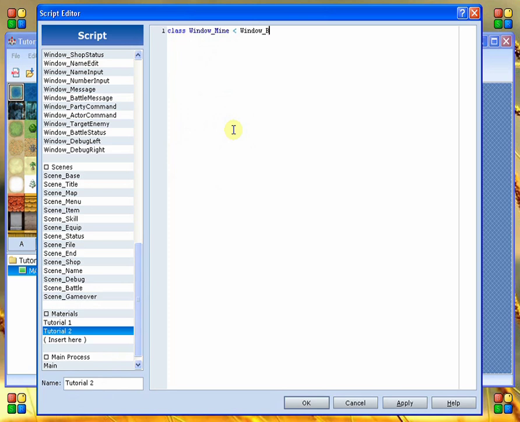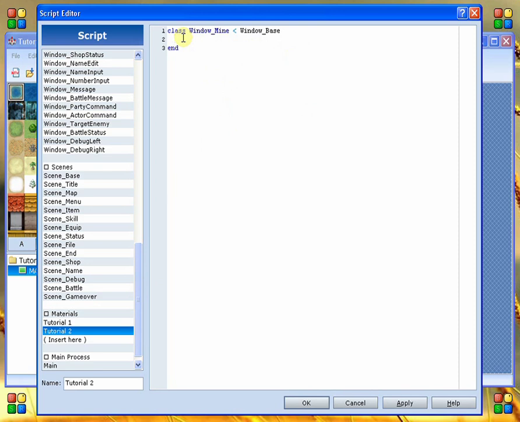Now the reason to make this a subclass is because we want to inherit all of the functions that window base has in our methods, so that we can make simple callbacks to its methods. So basically, when we have a method that's defined in window base, we can call it, and any instance variables that are in window base, in window mine, because it's a subclass of it, at any time. This allows us to build a class, and then we can build subclasses that contain all of that same information. I know I'm kind of rambling on, but it's very important to understand that,